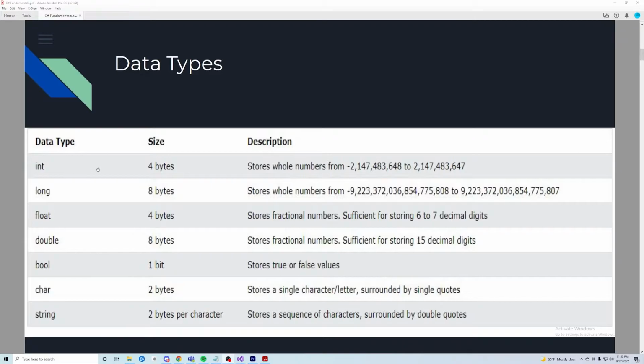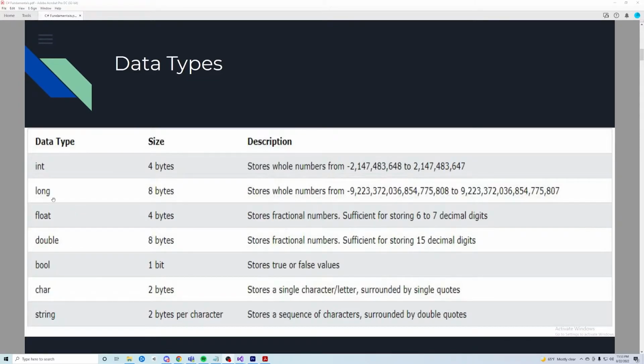And the data type of integer holds 4 bytes. You don't really need to know all of this, but just understand that an integer is a whole number. So that's 1, 2, 3, 4, not decimals, right? 1, 2, 3, 4, 10, 20, whatever. Between this negative number and this positive number here. This is not something you necessarily have to memorize, but just know that an integer is a whole